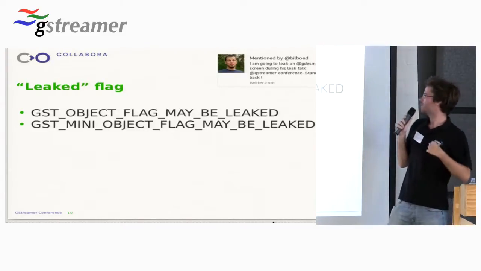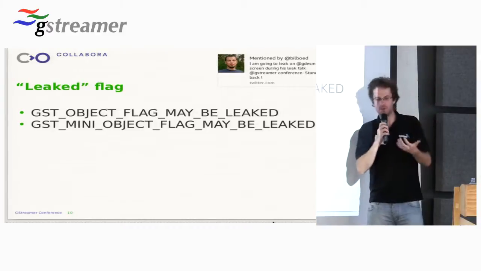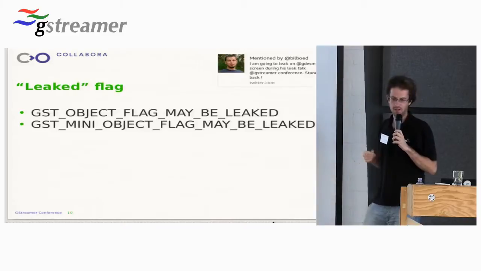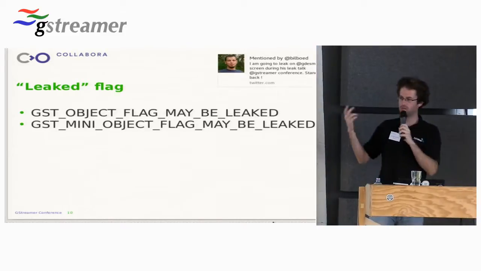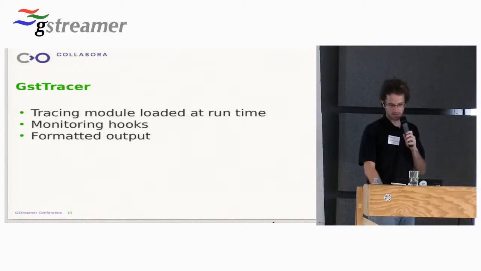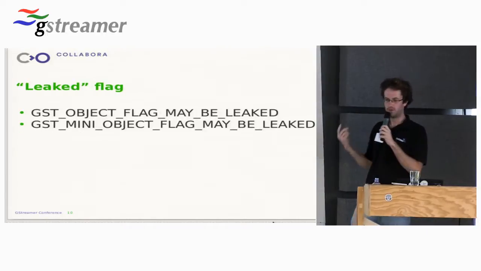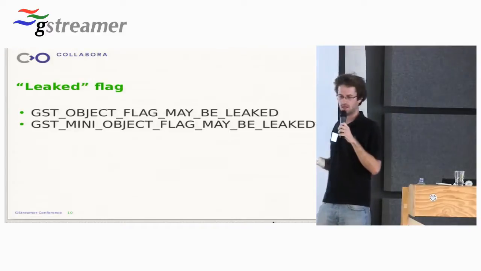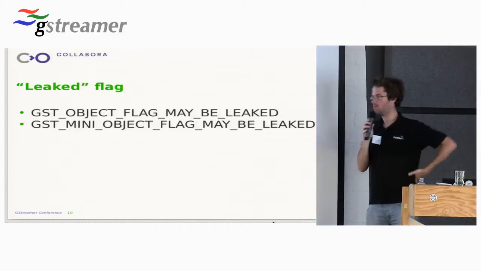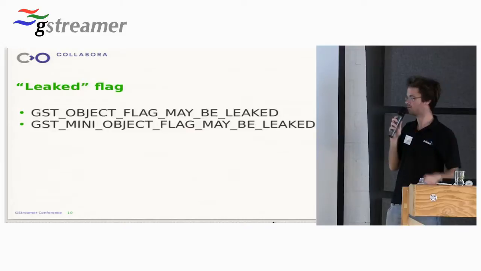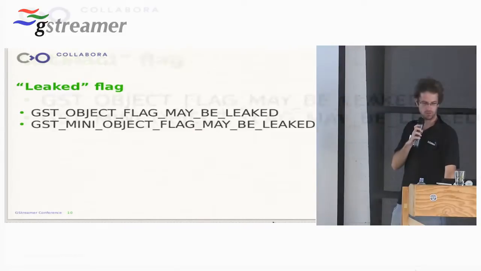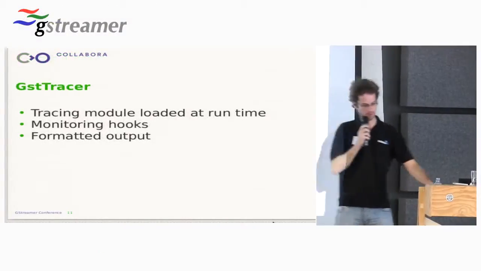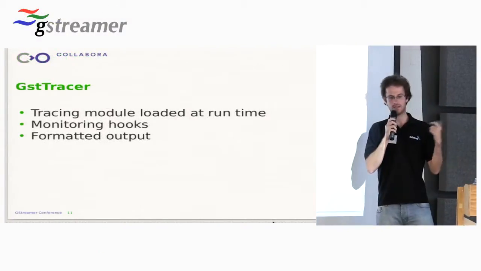We call it maybe leaked because this object is maybe going to be leaked at the end of the process. So if it's still alive, that's fine. Don't see that as a real leak. That means that now a developer, when they write code, can just set this flag on the object, or on the mini object, and we won't care about it when using the automatic leak detection tool. So then I started to use this flag with the existing Gst-trace